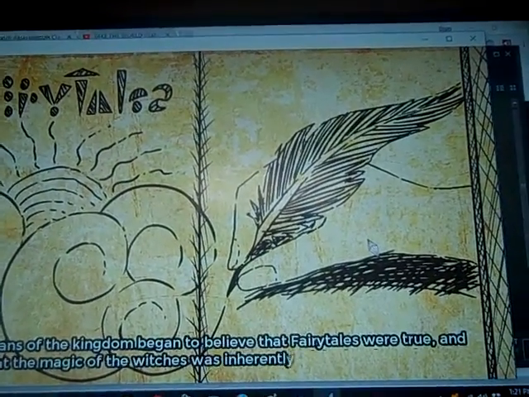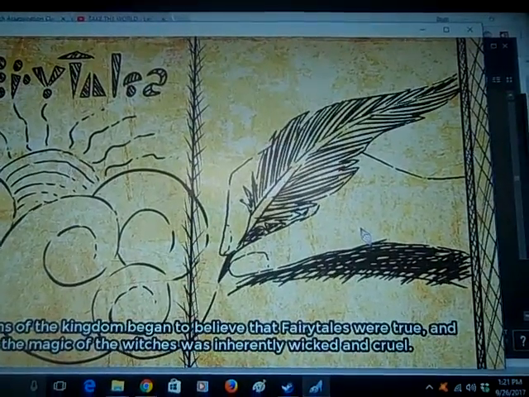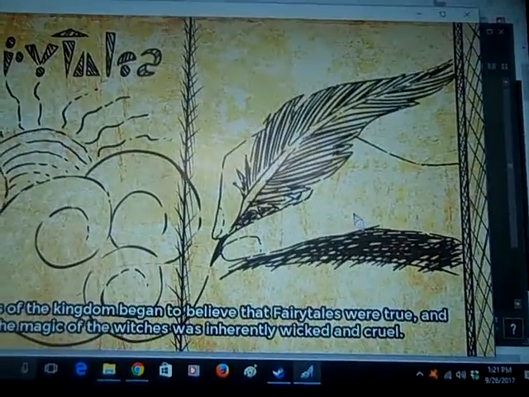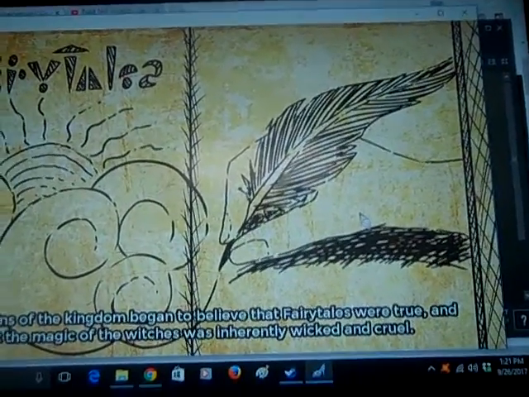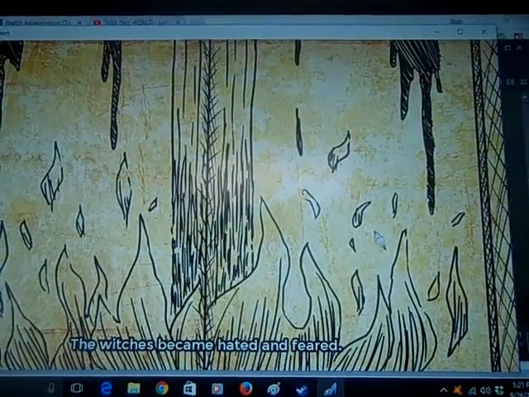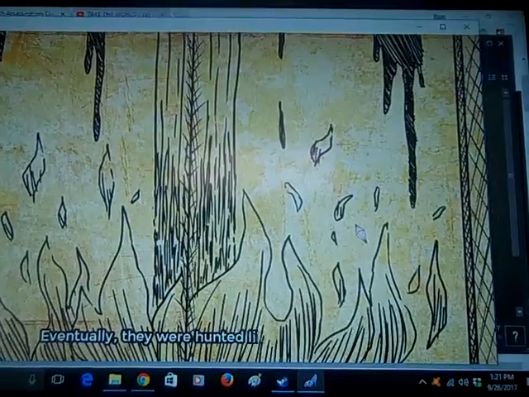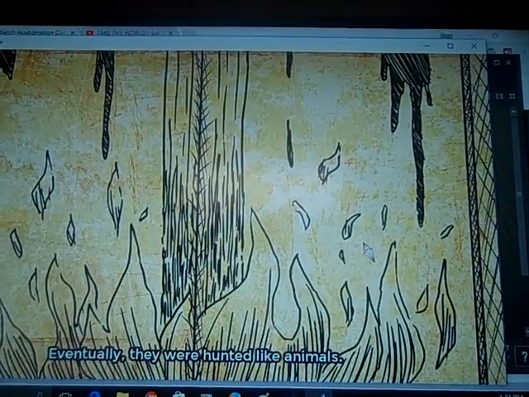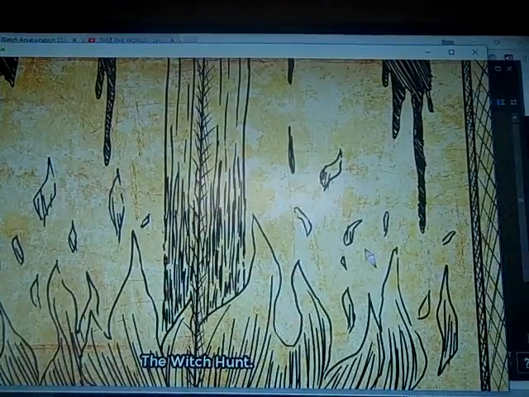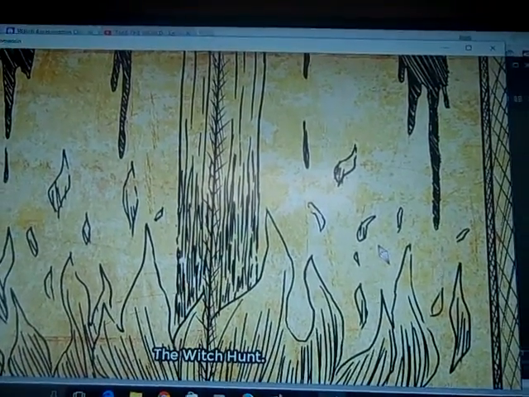The humans of the kingdom began to believe that fairy tales were true, and that the magic of the witches was wicked and cruel. The witches became hated and feared, especially when they were hunted like animals. The witch hunt. Oh dear.